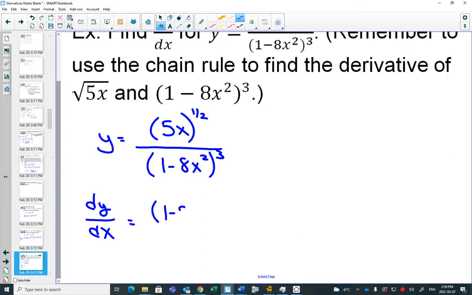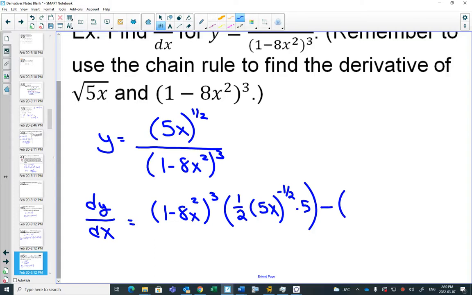Keep the bottom the same. Multiply by the derivative of the top. The top, do you see that it's a chain rule? It's a tricky chain rule because the inside seems pretty simple, but it's still a chain rule. The 1/2 would come out in front, keep the inside the same, subtract 1 from the exponent, multiply by the derivative of the inside. Minus,